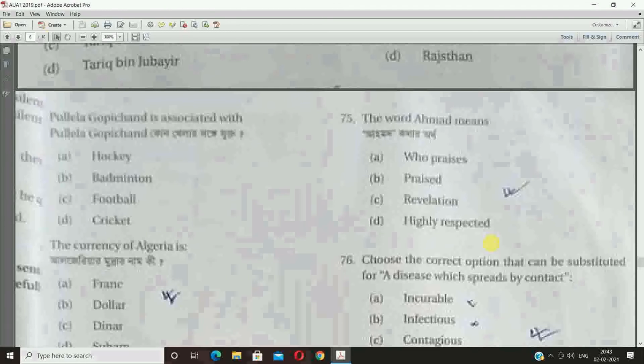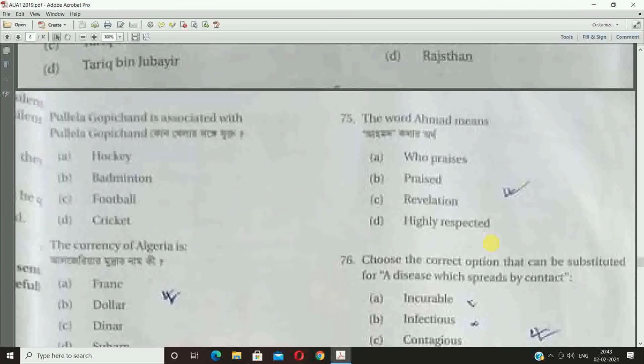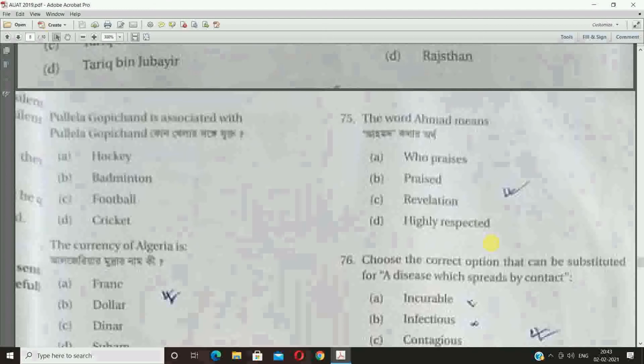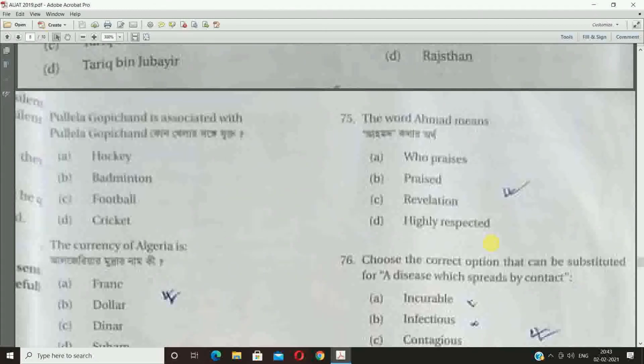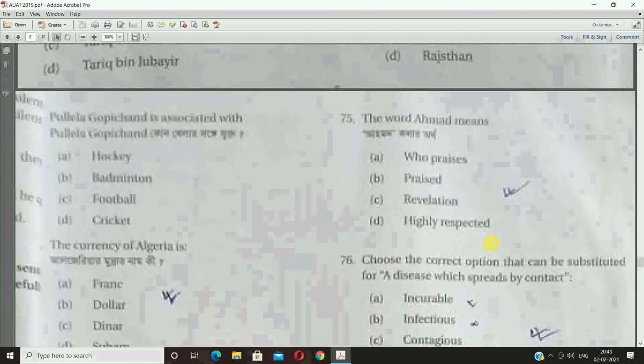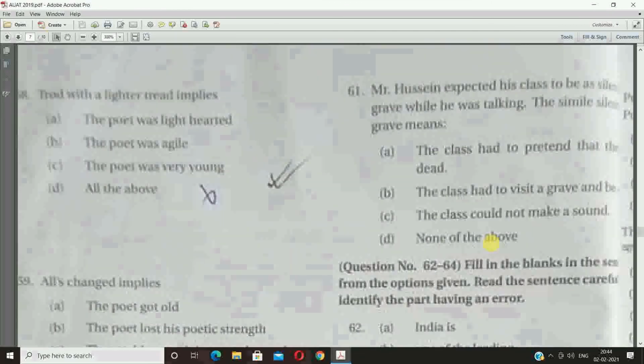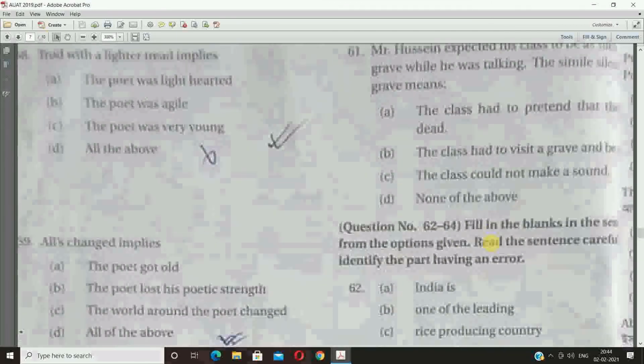In this way you can prepare, but the bottom line is that if you prepare for PUBDET properly, then you won't have to prepare for this exam separately. While doing PUBDET preparation, your preparation for this exam will be done automatically. So I think I have been able to clarify this for you. If you have any confusion or any queries regarding this exam, you can obviously ask me in the comment section below, or you can mail me at